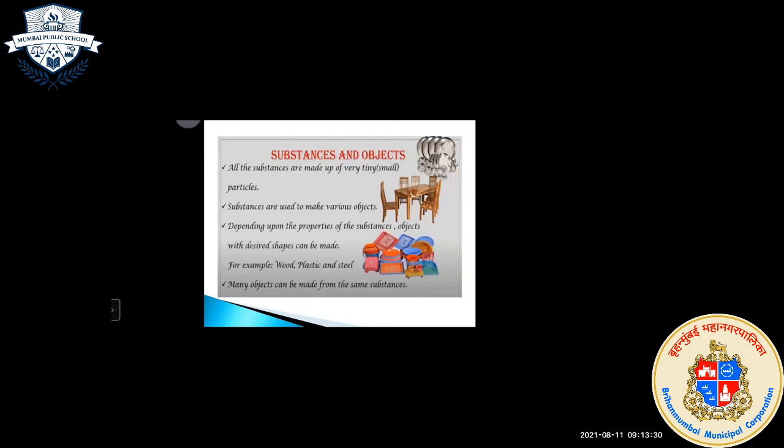Now, Ritu, suppose instead of iron tawa, your mother roasts chapati on a plastic tawa. Imagine there is a plastic tawa and your mother is roasting a chapati on it. Will she be able to roast it? No, Miss. Why, dear? Because plastic will melt on the fire. What will happen to the tawa? The plastic tawa will melt on the fire. Yes, the plastic will melt.